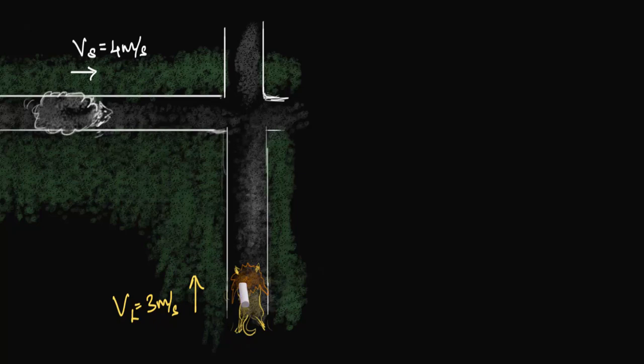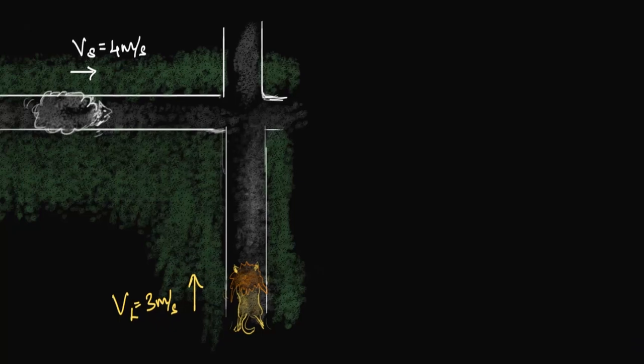What we can do is use the same concept that we did before. The concept was this: if you want to calculate the velocity of the sheep from the lion's perspective, then we have to look at things from the lion's perspective. The first thing is the lion does not see itself moving. As far as the lion is concerned, it's at rest. And this is familiar. When you're jogging, you don't see yourself moving, right? Instead, you would see the rest of the world going backwards. Similarly over here, the lion would consider itself to be at rest, and the whole world, including this road, would be going backwards at 3 meters per second. All right, so let's just look at what that looks like.